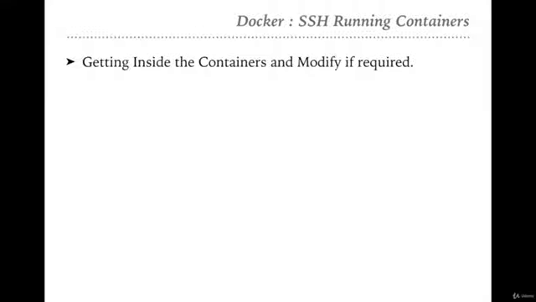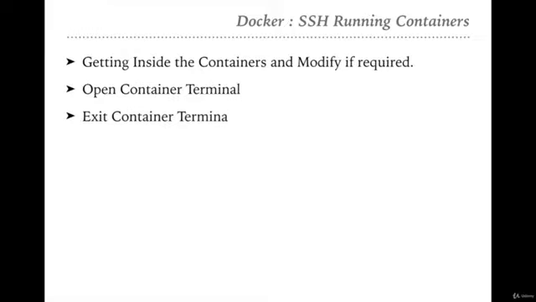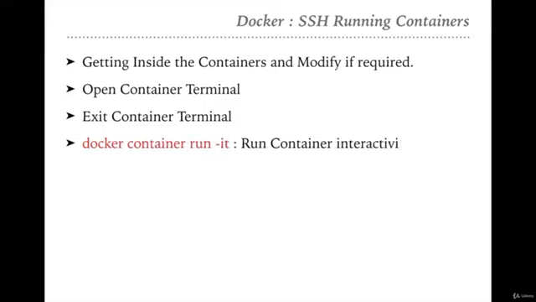To modify the running containers, we need to use the container terminal. We will see how we can open a terminal inside the containers, what kind of commands we can execute on it, and how we can exit from that terminal. For this, first we need to run a container in interactive mode, and we will use the command docker container run